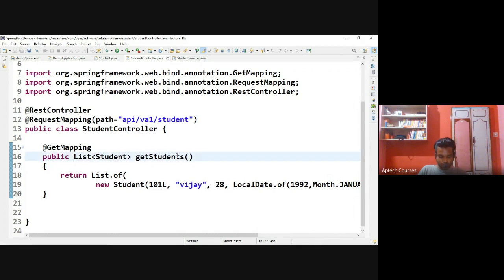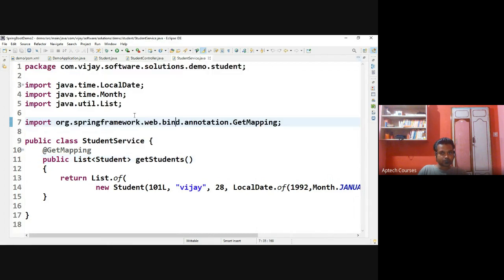Get students. Through get students, we were passing. Then what's next here? Do we have student service? Yes, controller.